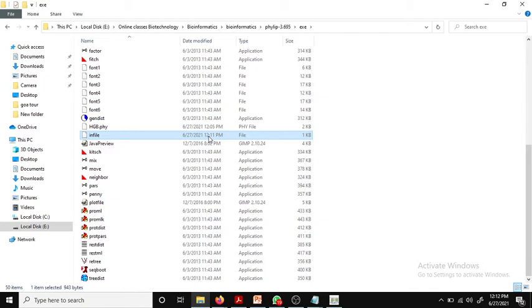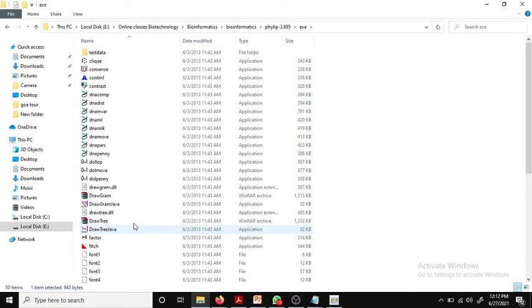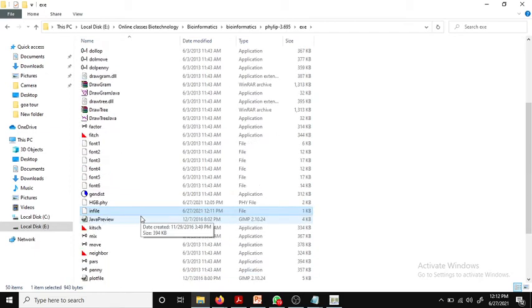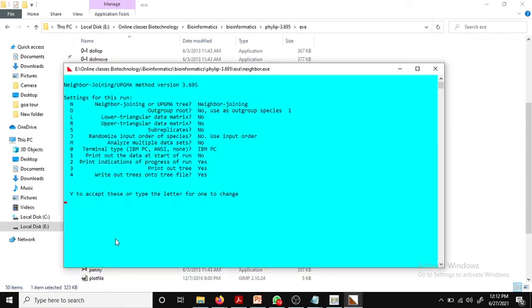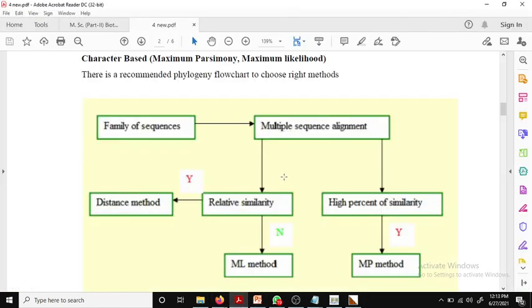Now we need to go ahead with the neighbor joining method. Okay, open the neighbor program. Where is it? Yeah, here. Now we are using the neighbor joining method for that. I have already shown you, right?